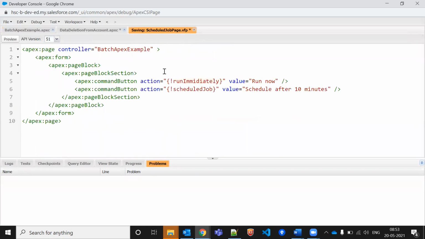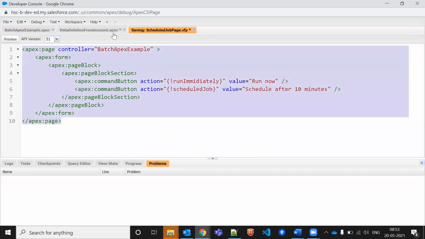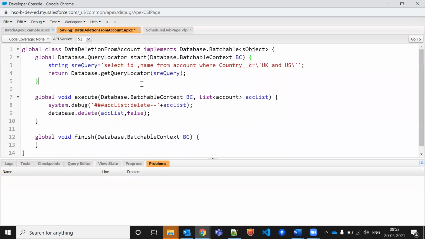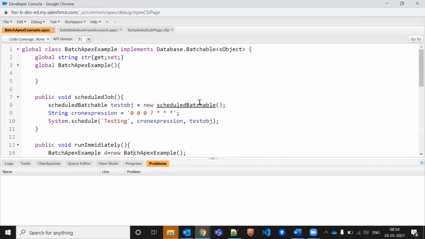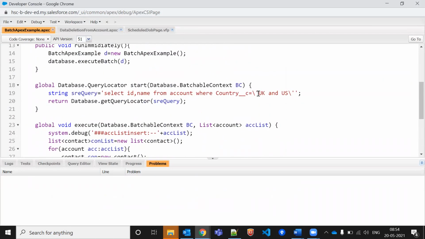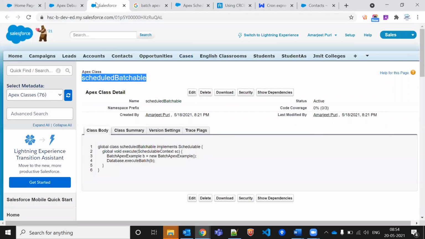Let me just save this one as well. And behind the scenes, whatever the things will happen, this will be deleted, this will be transferred, something like this will happen. Okay, so whatever data we have here, let me create some test data, one or two records as well in the batch Apex, so you will get to know whether it is working or not.